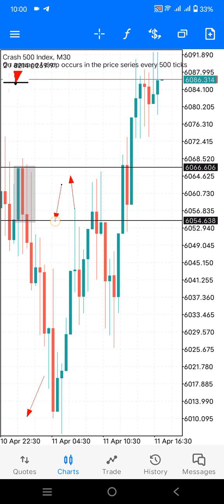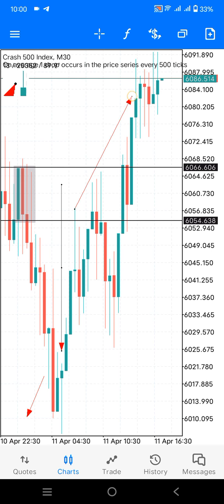Once the market crossed this and started going down, you will go for sell. And once the market breaks upward, you will go for buy. Look here, the market just broke this area, and here your auction started, and you made a few pips